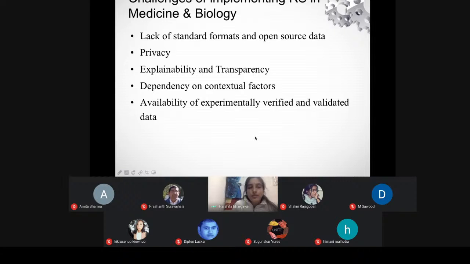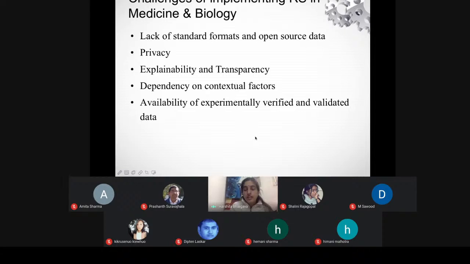You can see the lack of standard formats. Basically, when we speak about this challenge, ये basically क्यों होता है? Because standard formats, if we talk about such kind of format, we don't have the EMR records that have been implemented in India. We don't have a common format. So whatever records you are storing, they are in a very unstructured format. So it's very difficult to calculate the similarities and all. So you have to have a standard format जिसके basis पे हम यहाँ पर similarity निकाल सकते हैं. So for deploying a recommendation system, you need to have a standard format.